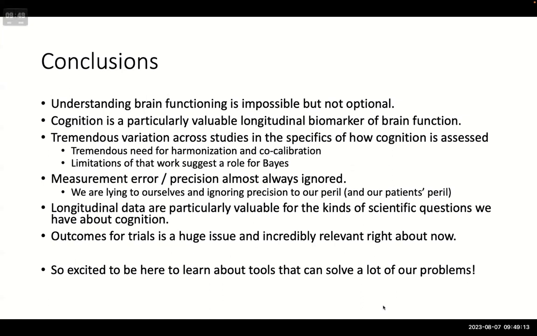Almost always. And that's a problem. We're lying to ourselves, and we're ignoring precision to our peril and our patients' peril. Longitudinal data are particularly valuable for the kinds of scientific questions we have about cognition, and Bayes seems really helpful in that context. And outcomes for trials is a really huge issue and incredibly relevant right about now in the